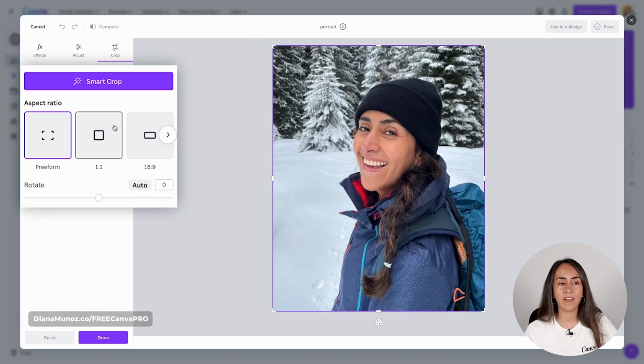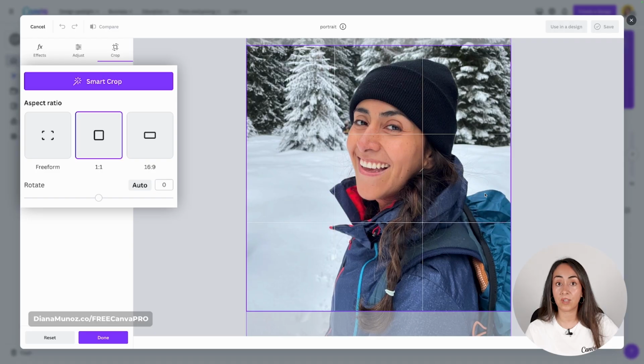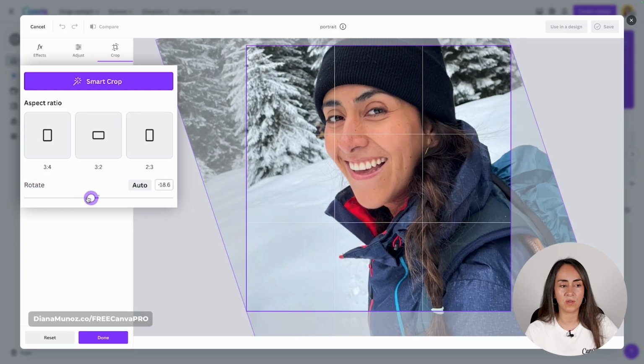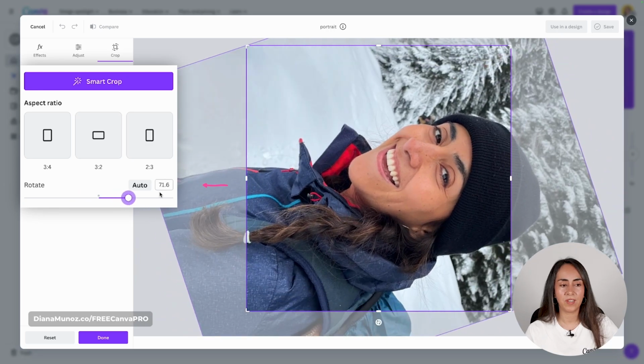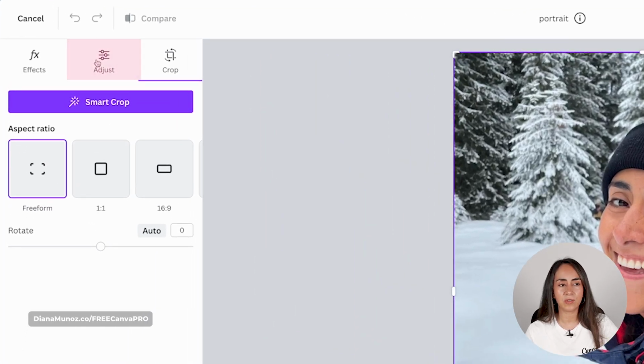And then you also have some aspect ratios. So let's say that you want your photo to be square. You can click on this option and then you can adjust the photo so you can crop out the sections that you don't want to see. You have some other aspect ratios in here. And finally, you also have the option to rotate your photo. So you can use this slider or you can enter a value in here and hit enter. I'm going to leave my photo as it was, so I'm going to click reset